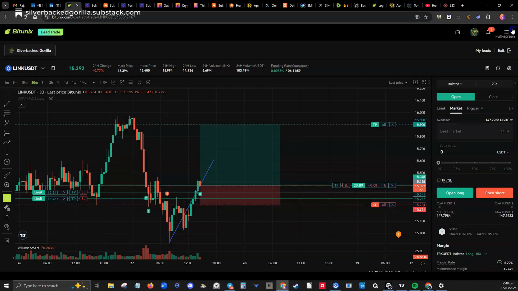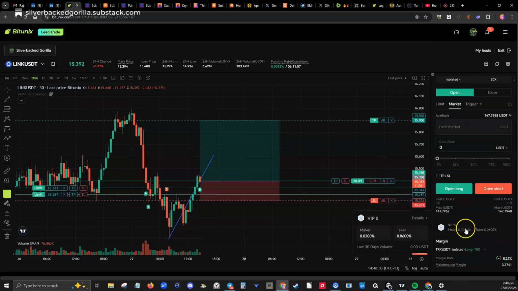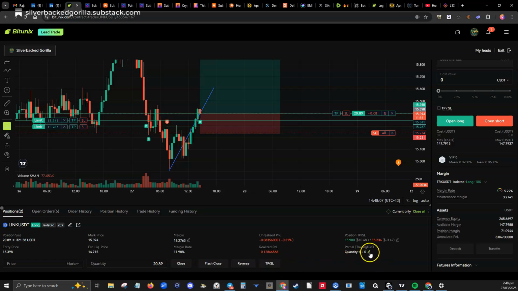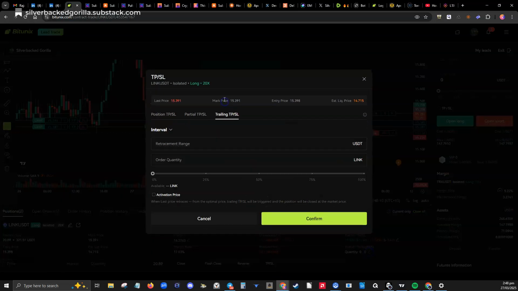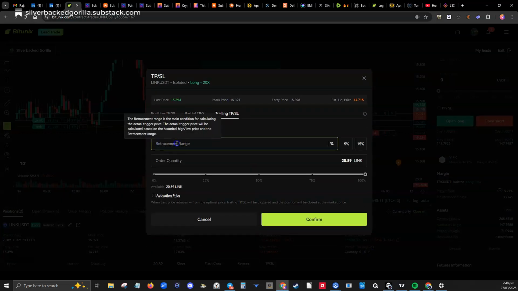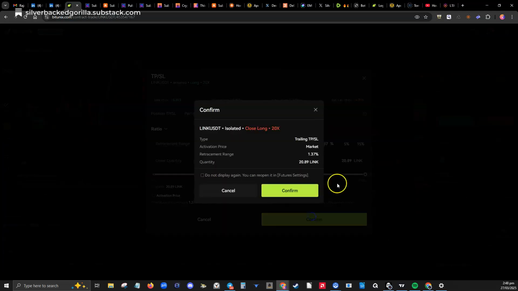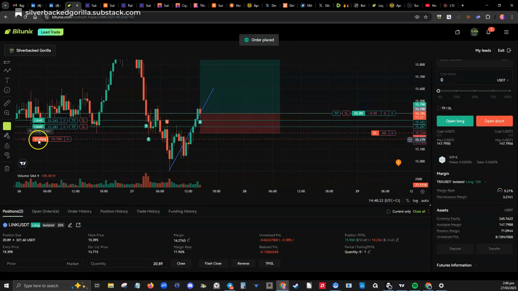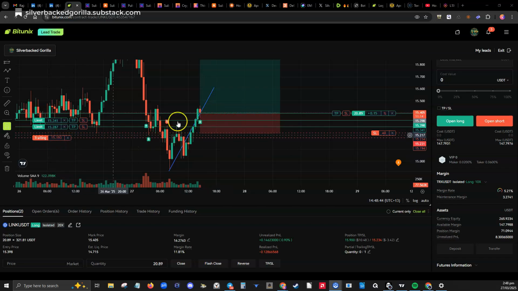I'll show you how to do that. So we're on Link at the moment. All you do is you go Link, you can go here, or you can just go here. Trailing stop loss interval will be ratio, and it was like 1.37%. You can see it filled in here, and it says 100% of the position. That's all done. And then what we've got now is a trailing stop. If the price comes down and fills those and it takes off, that'll follow it up, meaning this position here will follow it up. Actually, it just moved up then.